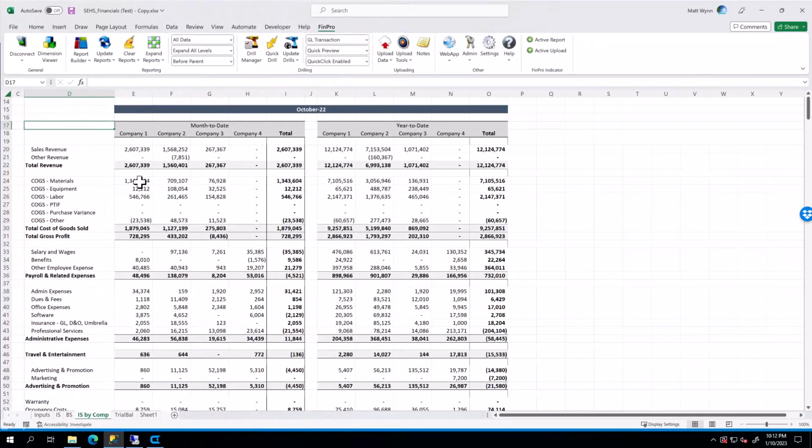Another nice feature with FinPro is the ability to drill into your financial reports to view financial detail or analysis behind the numbers. FinPro has all of the detail, the granular detail behind the summary level data that you're looking at. So when you're looking at a summary level piece of information, like the cost of goods sold materials number here, that's $1.3 million, and you want to see what this number represents, all you need to do is click on the